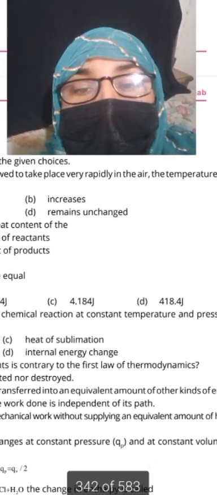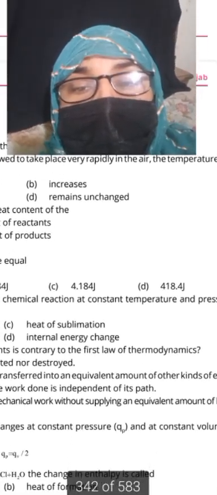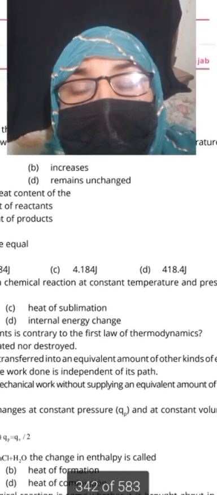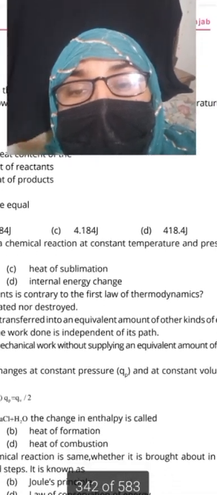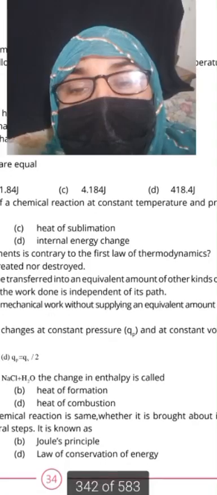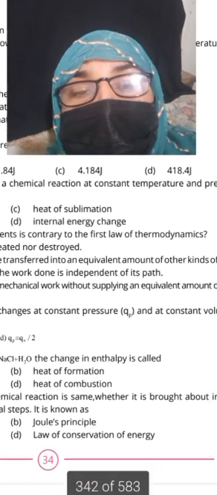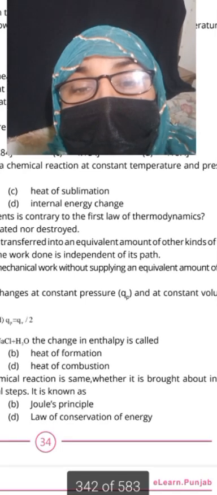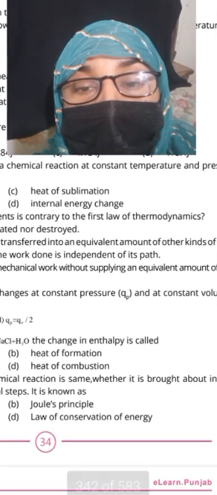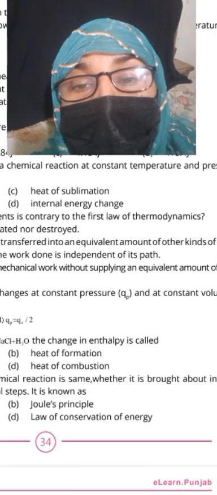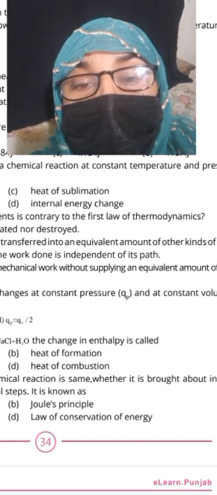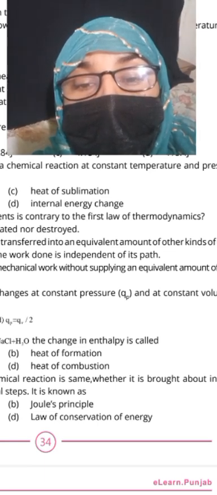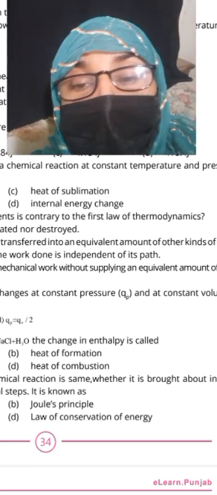And showing the path reply to in temperature is one increase and decrease remain in heat to other is remain in product in 4.118 in 40 D and 4.8 and 4 and chemical reaction constant temperature pressure heat of the sublimation and internal energy change in other country is the contribution is a mechanical that is can to is most important elevation amount of gains energy